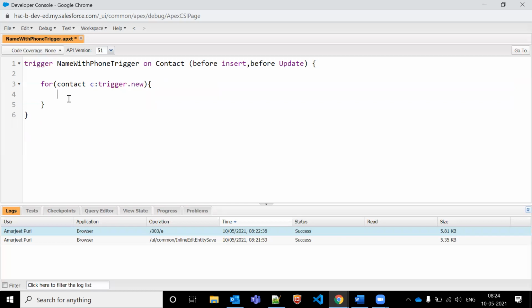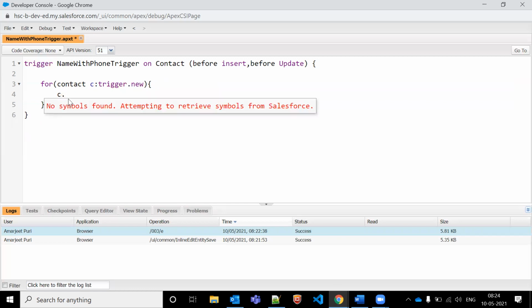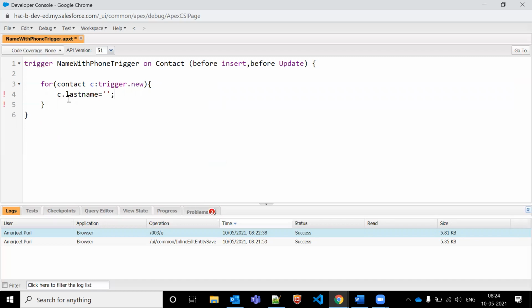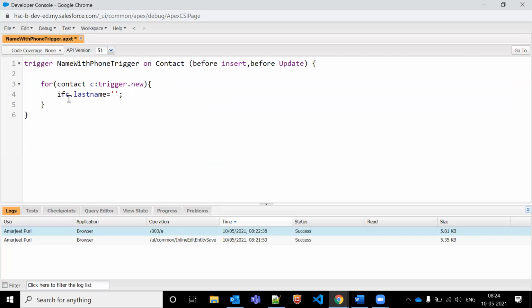Now what was our condition? If c.lastName is equal to Amarjit, then what should happen?